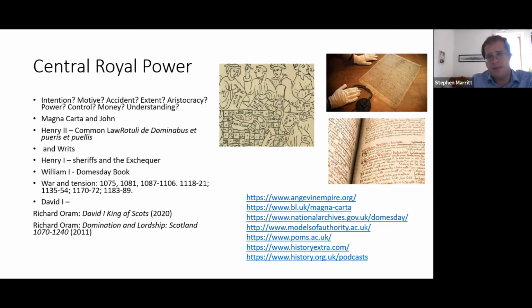So government for him isn't about administrative development. It's not about justice. It's not about sheriffs and civil servants. It's about cash. How do I get the cash? And he uses the science of the time to get the most cash he can. Henry II, as I say, is supposed to have invented common law. Henry didn't invent the common law. He's more interested in his wife and fighting and invading places and hunting, not got the time to invent the common law. The common law comes out of demand.